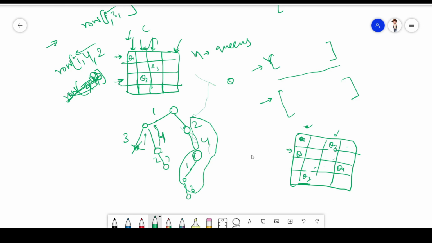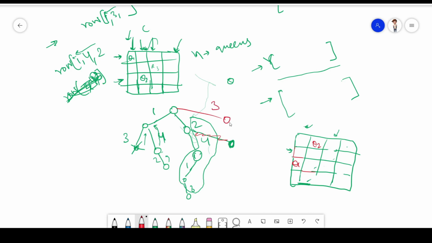No, I cannot find some other position for Q3. So I will come over to here, right? Now I will see some other position of Q2, not possible. So I will find some other position for Q1. So now Q1 will come up over here, right? Now I can place Q2 over here only. Now it is placed at 3.